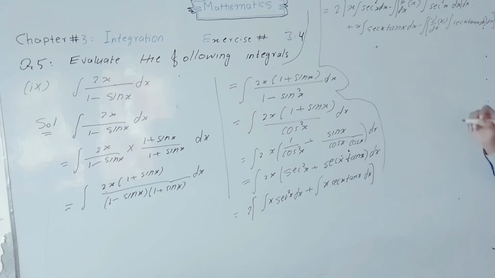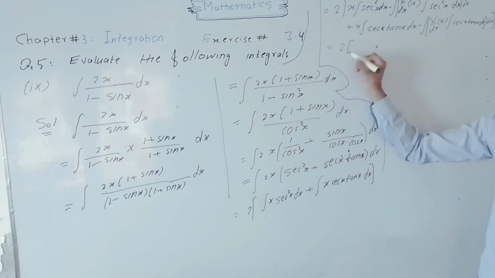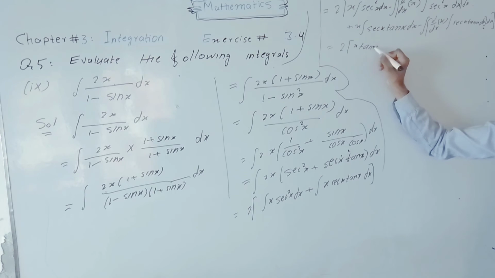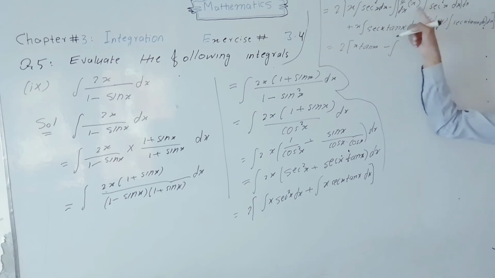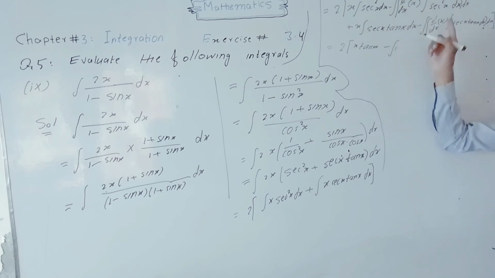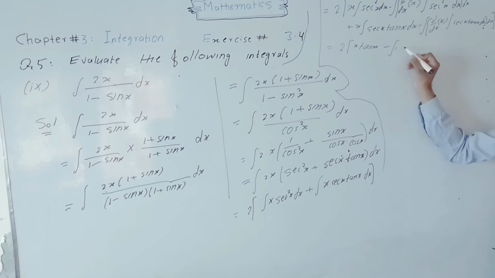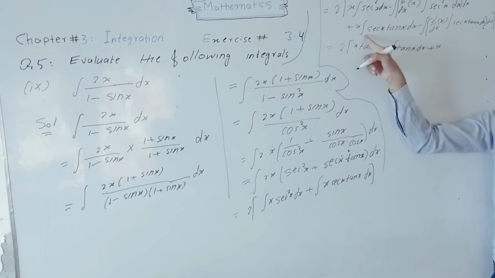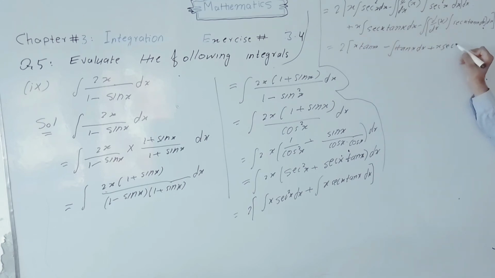which is equal to 2 into x, integration of secant square x is equal to tan x, minus integral derivative of x with respect to x is equal to 1, integration of secant square x with respect to x is equal to tan x into dx, plus x, integration of secant x tan x is equal to secant x, minus integral derivative of 1 with respect to x is equal to 1, integration of secant x tan x is equal to secant x into dx,